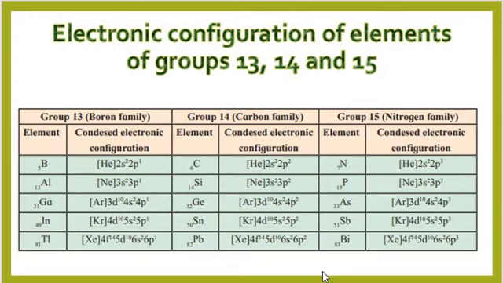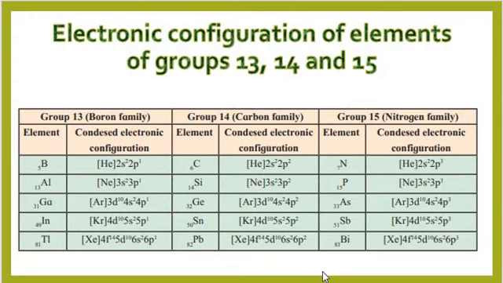Now, trends in atomic and physical properties of elements of groups 13, 14 and 15. Elements of group 13 show wide variation in properties. Like boron is a metalloid. It is glossy, it is hard like a metal, but it is poor in electrical conductivity. It shows some properties like metals and non-metals. The other elements in the group are fairly reactive metals. Aluminium is the third most abundant metal in the earth's crust, as we all know already.